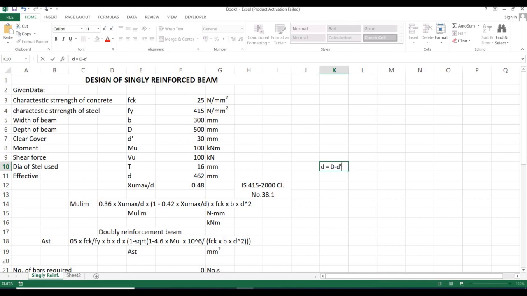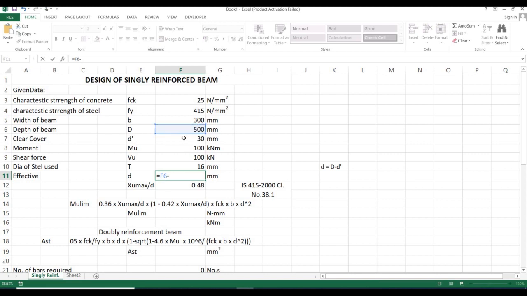So what is capital D here? Capital D is the total depth of the beam, minus the clear cover. So how can I calculate it? In the Excel sheet, any calculation in any cell starts with the equal to sign. So I start with the equal to sign and then click on the capital D value, which is the depth of the beam. So here I have clicked once, then minus,